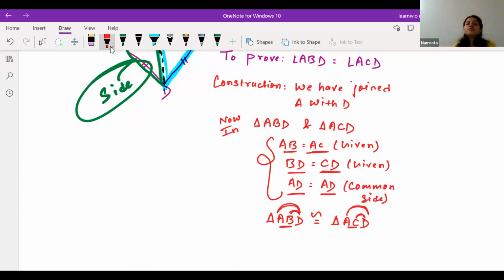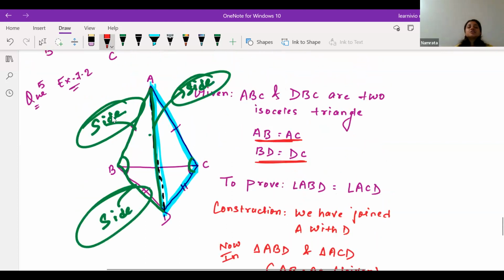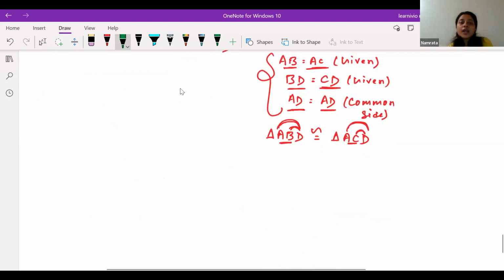What we wanted to prove? We wanted to prove that angle ABD is equal to angle ACD. That means angle B from here is equal to angle C from there. Let's see whether the sequence of the name of the triangle is suggesting the same or not. So ABD is equal to ACD. If you look at the name of the triangle carefully,